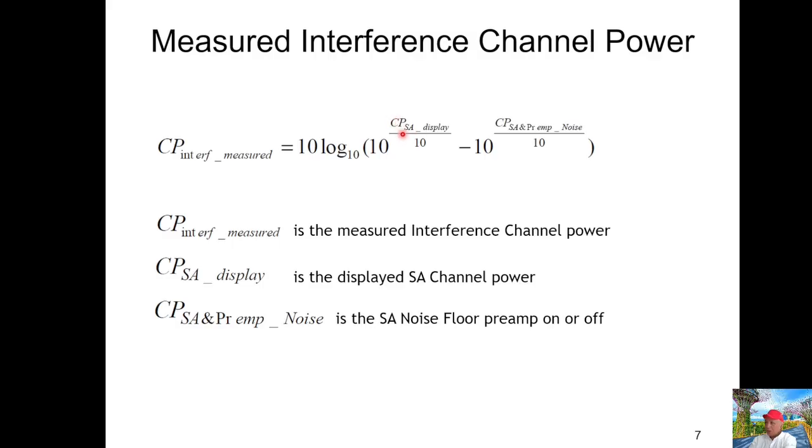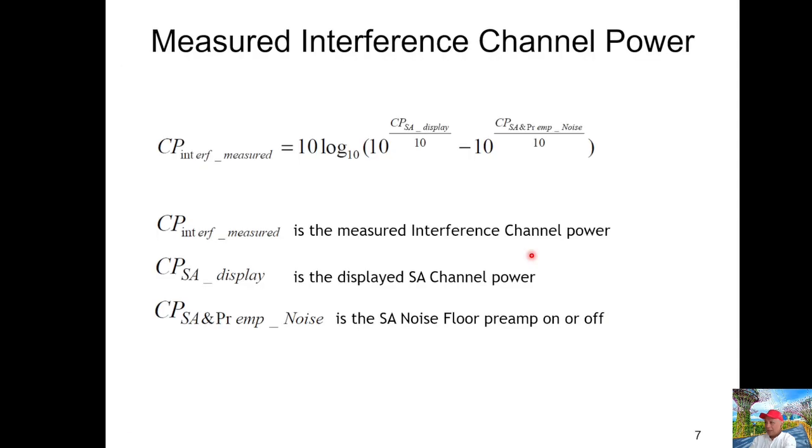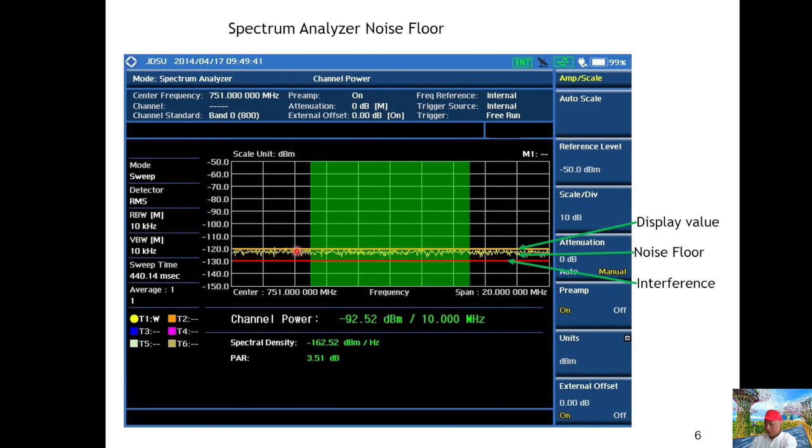The channel power the spectrum analyzer SA displays is the yellow line here, above the noise floor. And then here, the CP SA preamplifier noise floor is the real noise floor, the line in the meter.